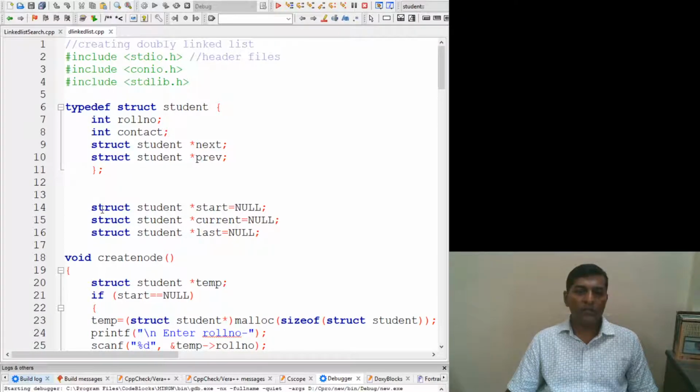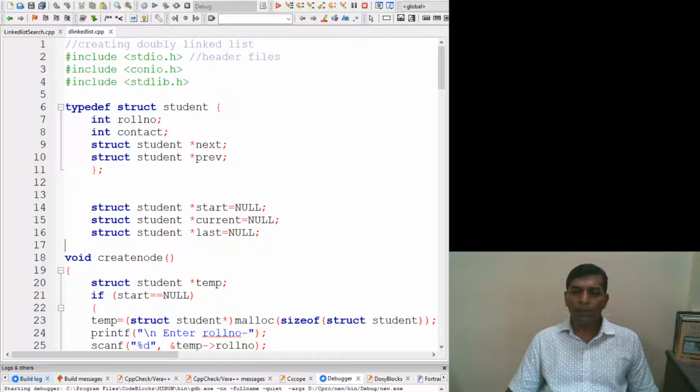Here we have generated three different objects or nodes known as start, current and last. These three nodes are initially defined as having a value of null. It means they are not connected to any node or have not been a part of the list.